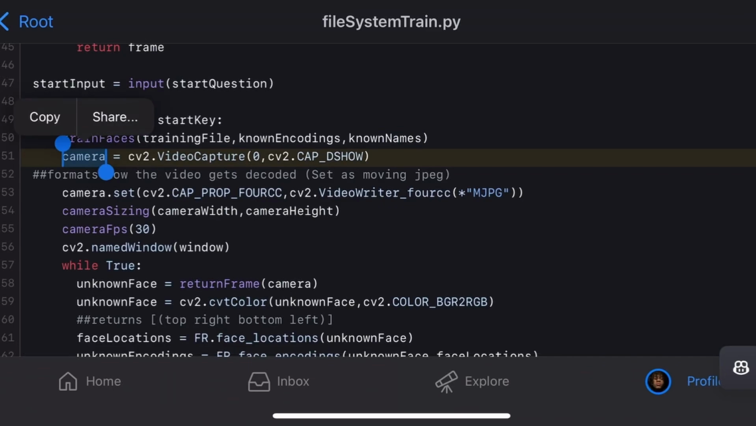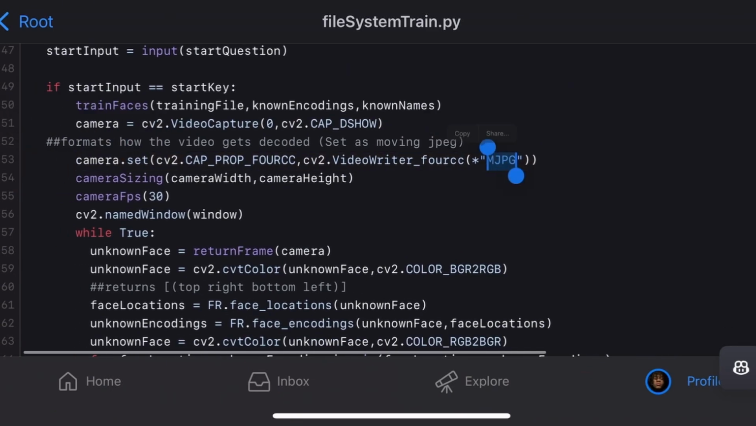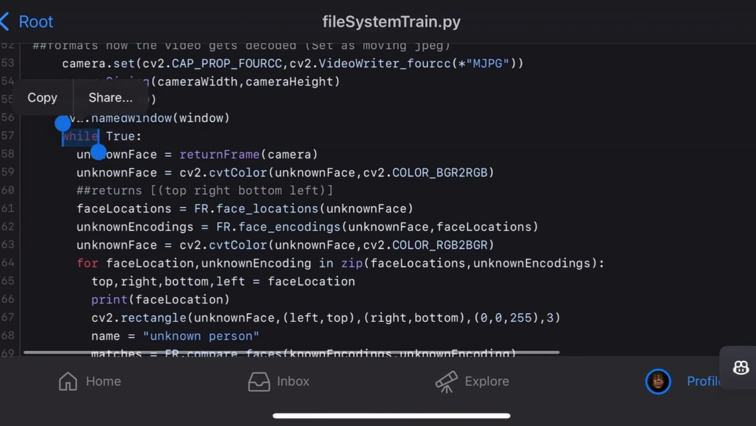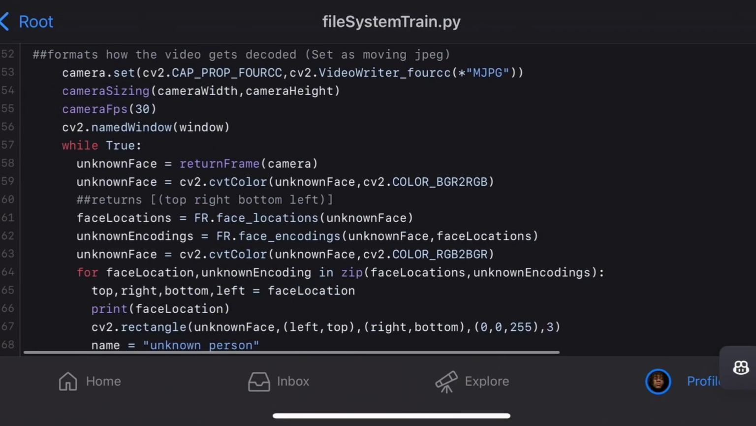This defines the camera. This sets the camera to be motion JPEG, the size of the camera, and this sets the FPS. And then this creates the window where we display our frames with that empty string from earlier. So while true, which basically just runs after you enter the key, it takes a frame from the camera,